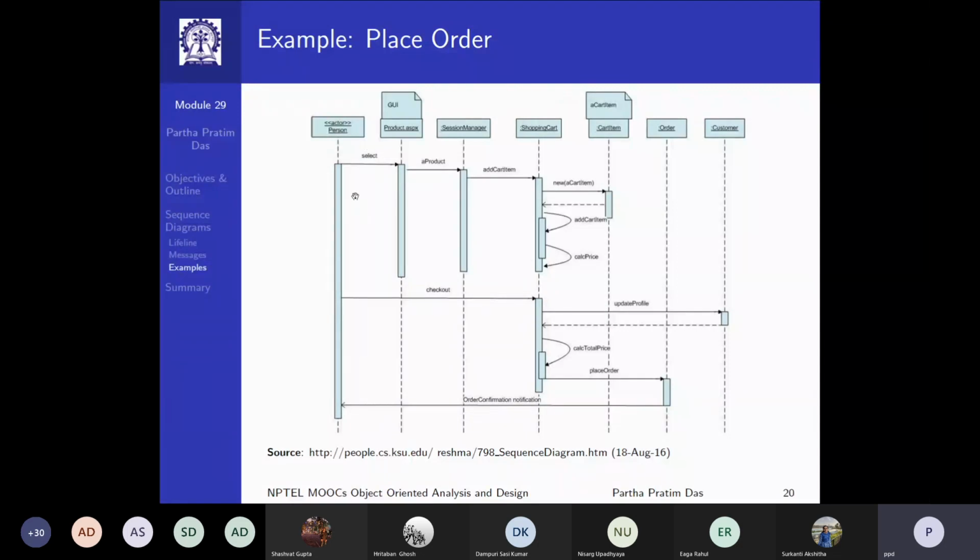So you're the person who is trying to buy something, so it does a select on the product. Now, naturally, it needs the response from the select. So then it goes to the session manager with the product that has been selected. Then it